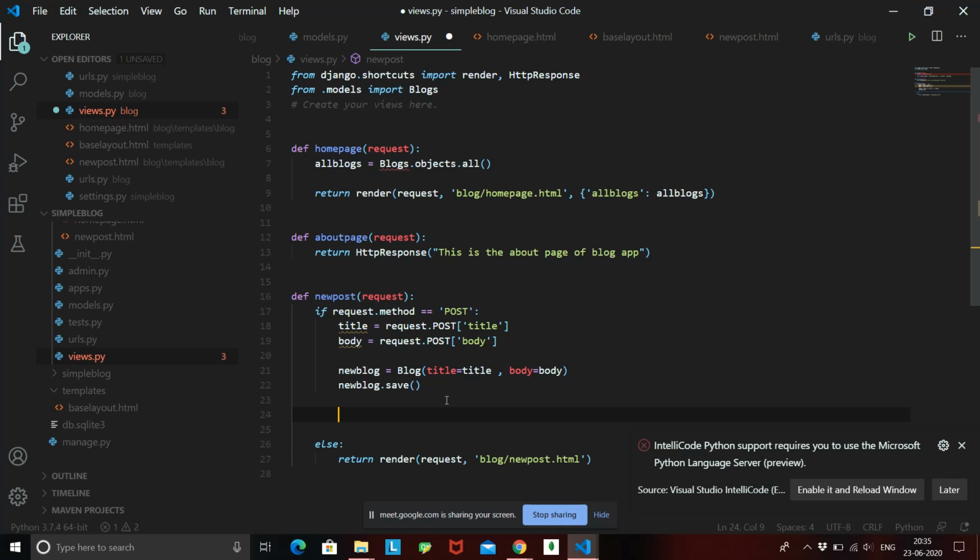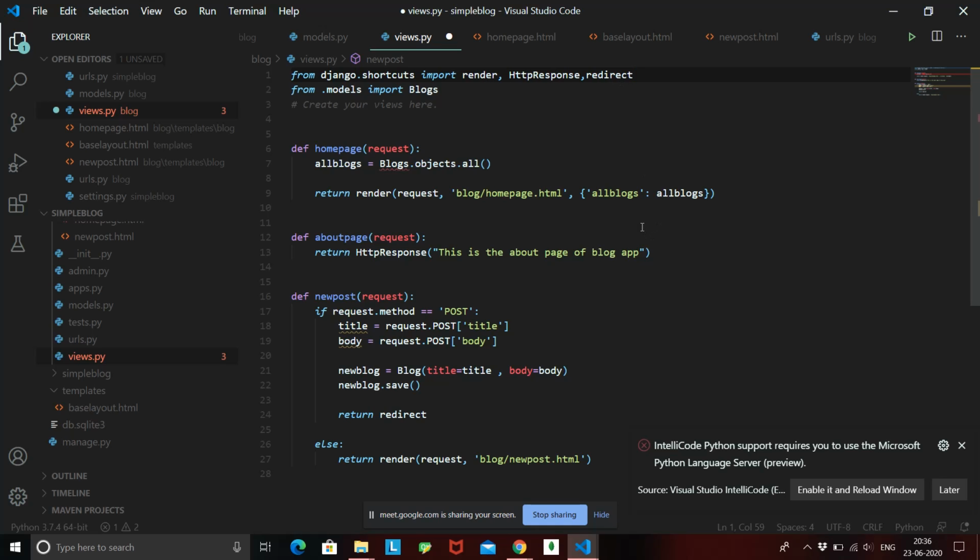And once it is saved, we need to go back to our home page, right? So over here we use return, and before that we use a method called redirect. Redirect will take us to a new URL. We need to import that first. Where we have imported render and HttpResponse, again import redirect.